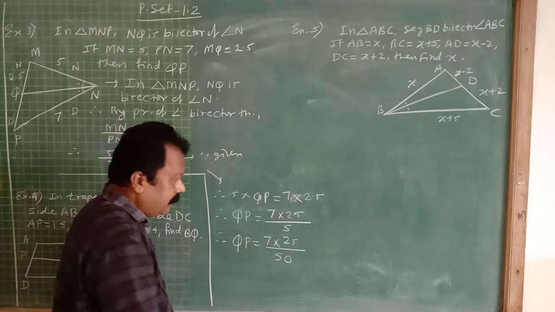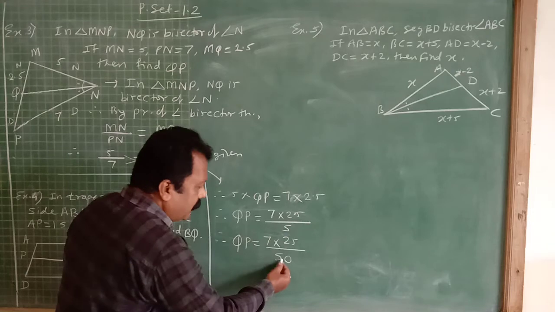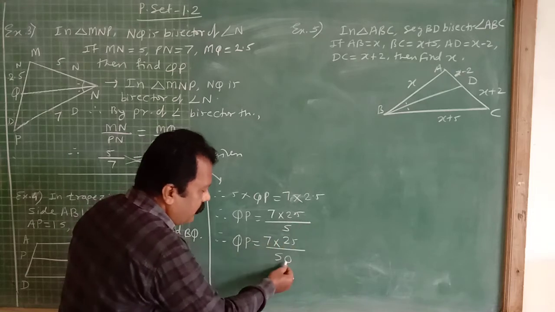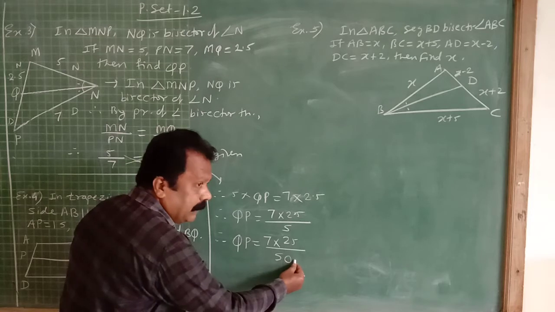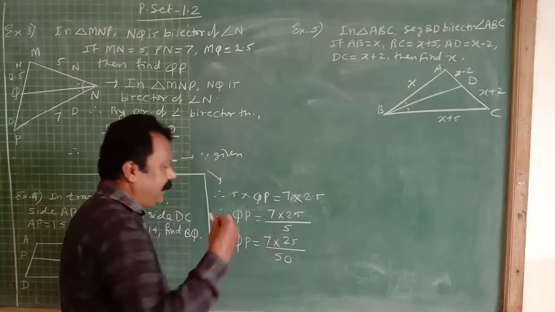How many do you want? Suppose one digit you have to move. Here not many numbers to move, so 10 I have taken. Here is your decimal point. After moving it one digit to the right side, you will get 50.